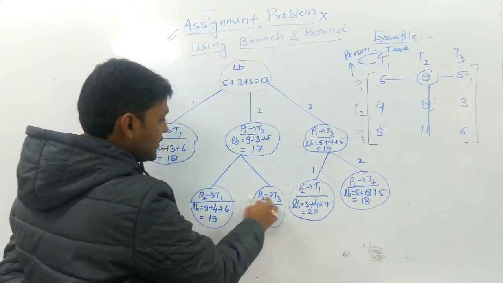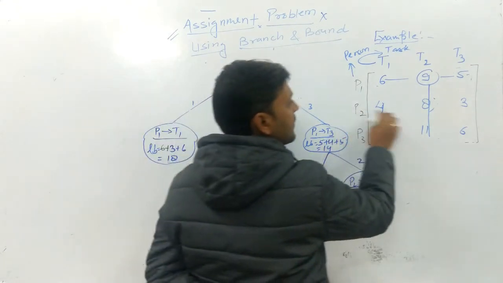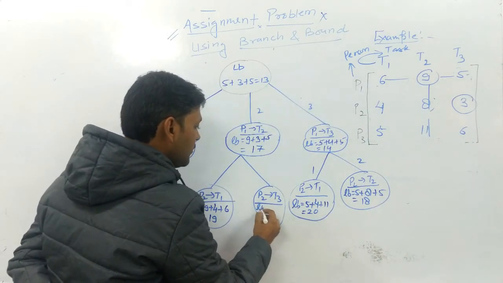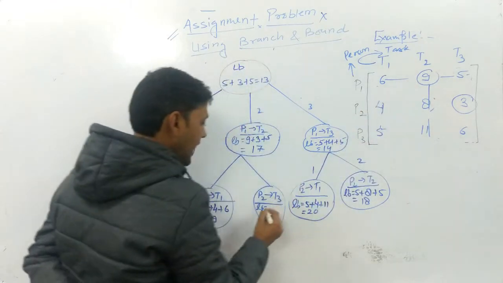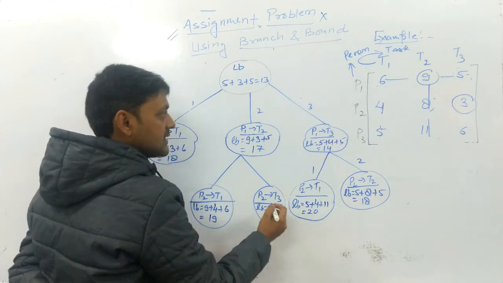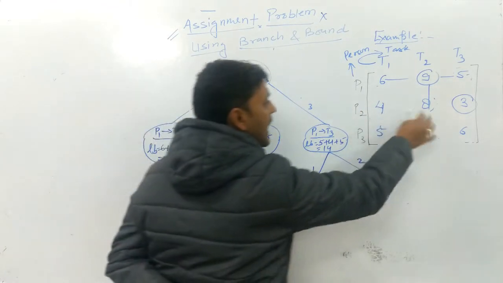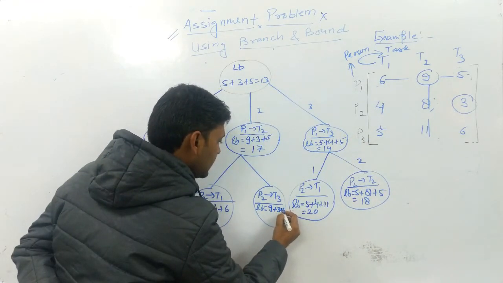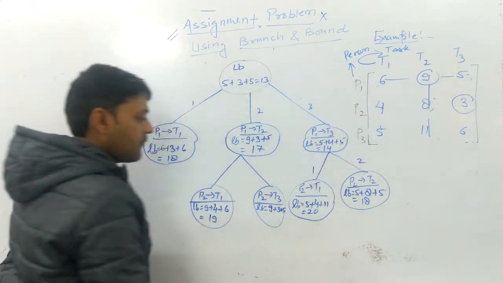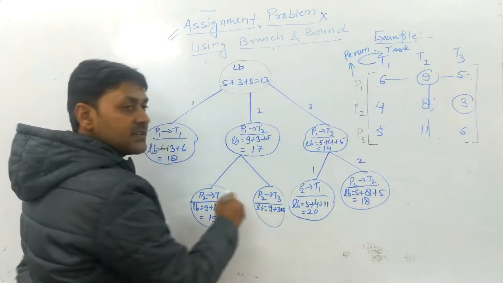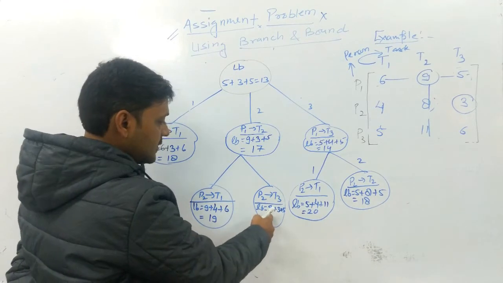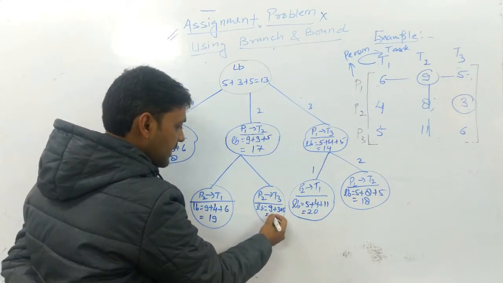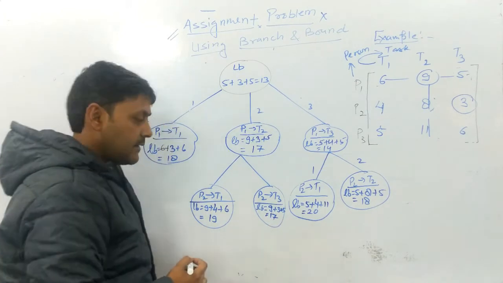Okay. This is P2 performed T3. If P2 is performed T3, that means this one is performed. Then the lower bound value is fixed. This is 9. I hope all of you understand. This is 9 plus 3, and then next P3 is performed by T1. This is equal to 5. Then 5 plus 3, this is 8, and 8 plus 9, this is equal to 17. Okay, this is equal to 17.